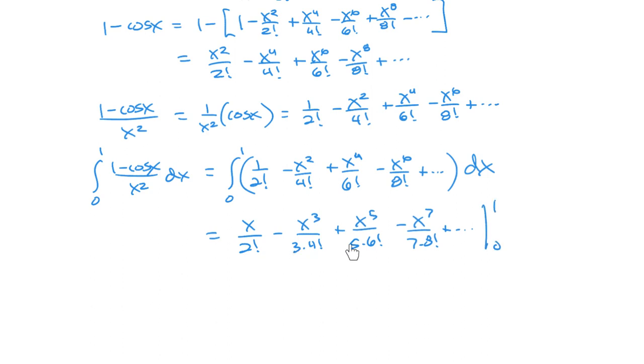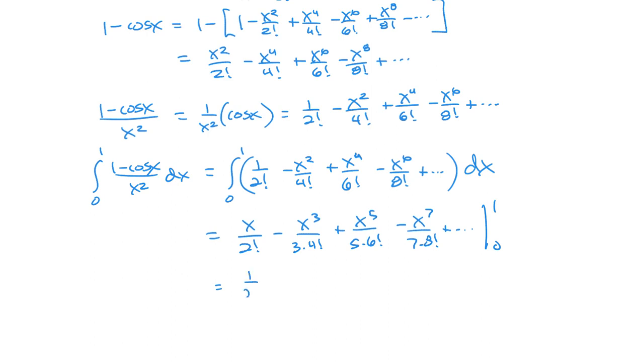So hopefully this makes sense for just using the power rule. So in this case, this 4 becomes a 5, then I divide by 5. So it's like this. Now you can see over here, I basically just need to put a 1 in here, because when I plug the 0 in, they all just get wiped out. So we really just need to plug the 1 in here and see what we get. Okay, so if I plug in a 1,